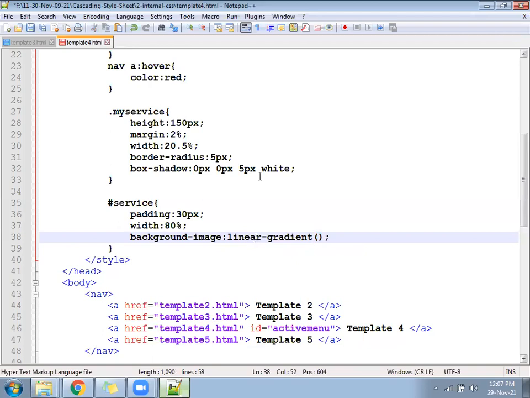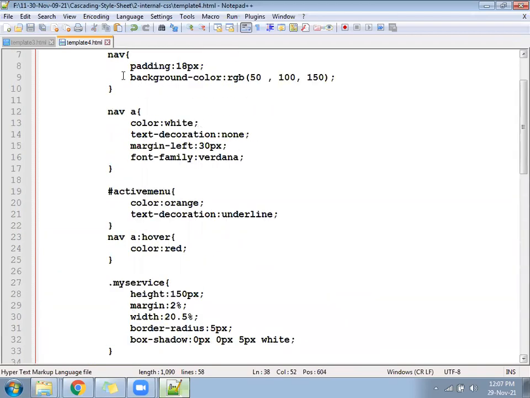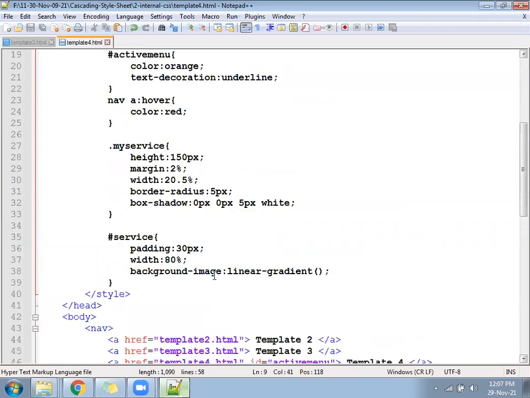See, we have written one place on the top, background hyphen color, RGB, a combination of how many colors? Three colors, red, green and blue. Here also, background hyphen image, linear gradient. Here also you are going to keep multiple color combinations. But in this you have to pass the color code or color name. There we are given the number RGB.